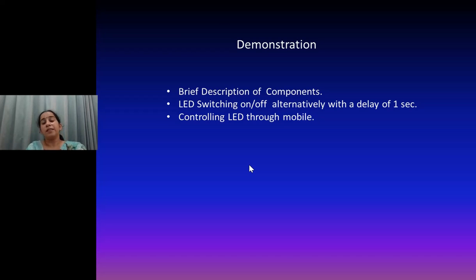Now it's time to demonstrate what I have elaborated earlier. I have divided the demonstration into 3 parts. In the first part, I am going to describe the various electronic components, and afterwards I am going to demonstrate the LED switching on or off with a delay of 1 second, and last is controlling the LED through mobile.